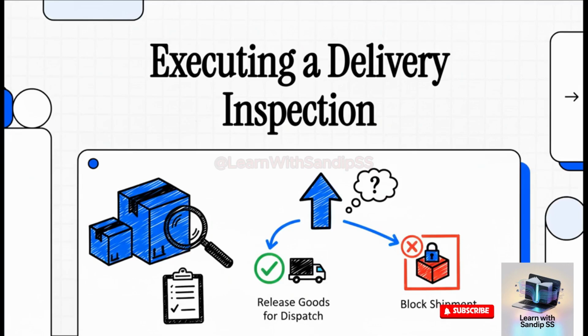Right, welcome. So have you ever really thought about that last critical moment before a product leaves your warehouse? We're going to break down exactly that today. The outbound delivery inspection in SAP S4HANA. This is the final line of defense for your product's quality before it's out the door and on its way